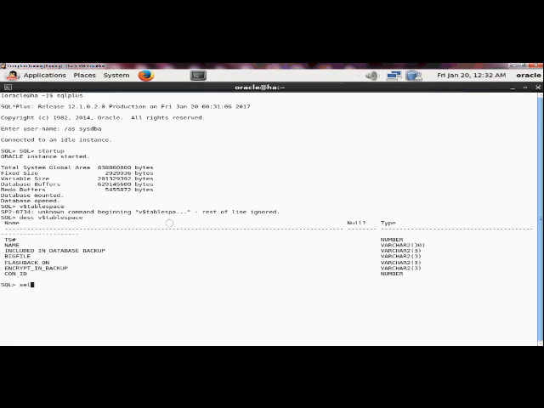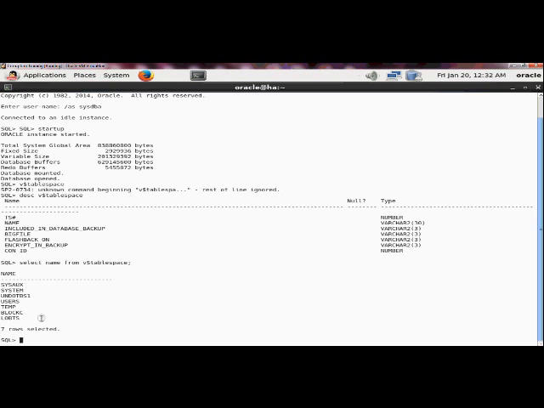Now we can select name from V$TABLESPACE. We can see we have 7 rows selected, meaning we have 7 tablespaces: SYSAUX, SYSTEM, TBS1, USERS, TEMP, and others.